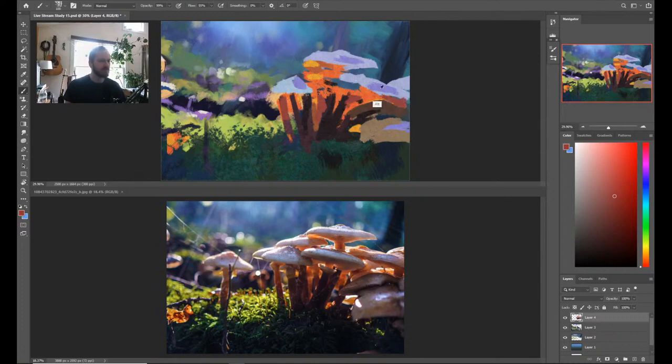It's not even really intentional, but whenever I pick a new color, I tend to look for other areas in the painting where I see that color, and I just want to throw them in there, almost like a note to myself: hey, that color's over there. And it's something you can just build on later. It's just a great way to build up the whole painting at once and not get too stuck in one